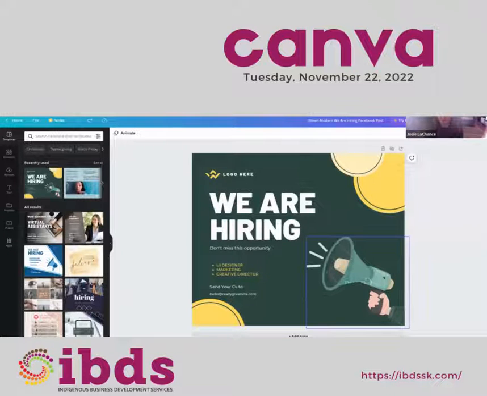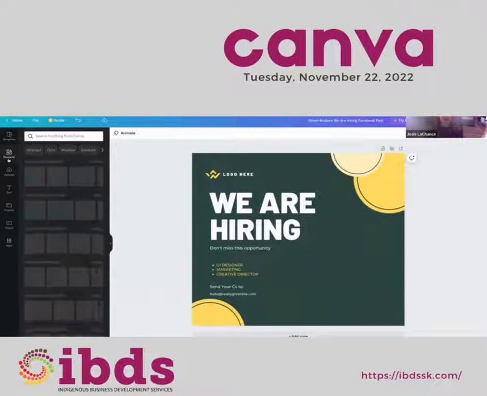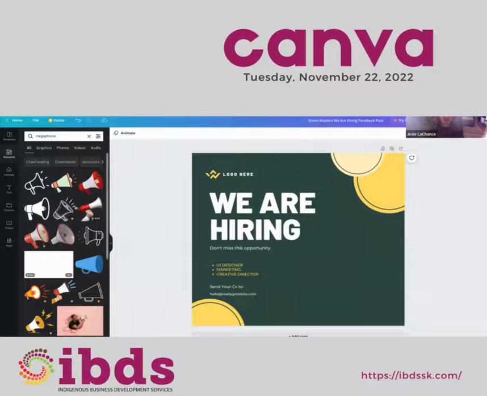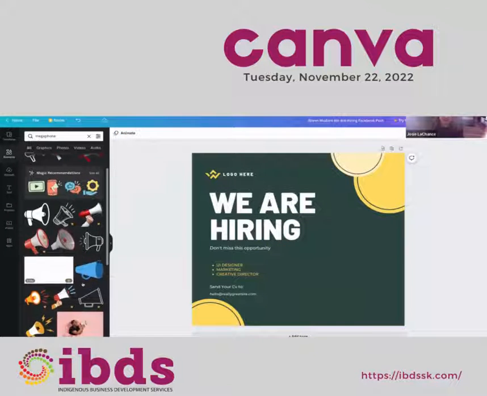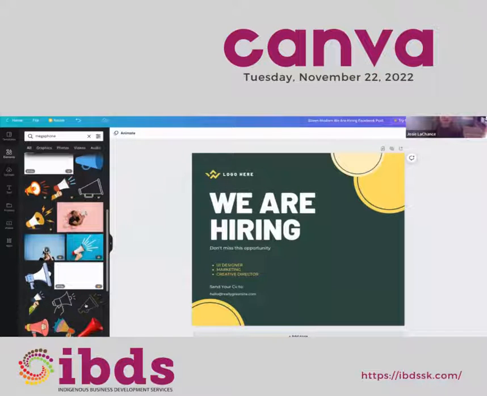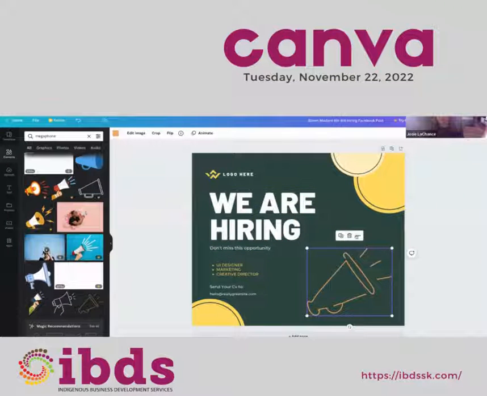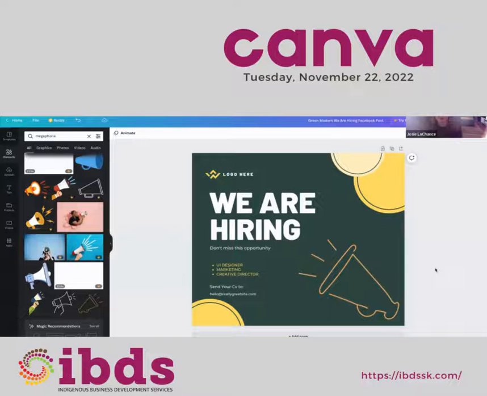So we can easily delete this, and it's really easy to just search in here megaphone if I want to create the same type of look, and I can just throw something else in here to create the same effect if that's what I really liked. And then I can download it. It's free. I'm not using anything that's a paid feature here.